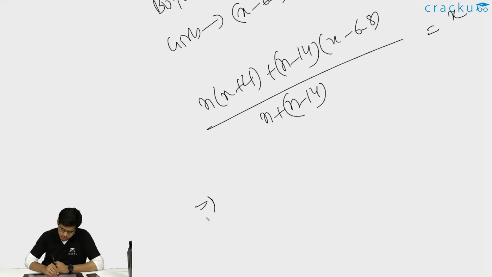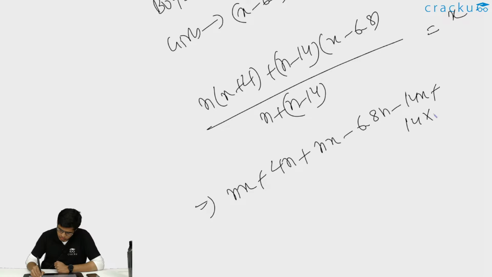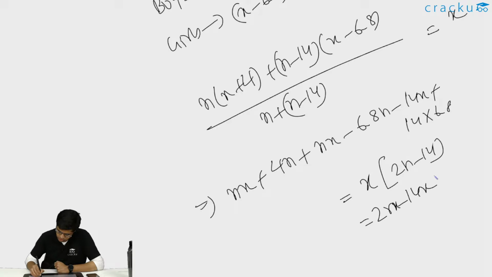Let's solve this. Nx plus 4n plus nx minus 6.8n minus 14x plus 14 into 6.8 equals x into 2n minus 14, which is 2nx minus 14x. Nx, nx, 2nx,